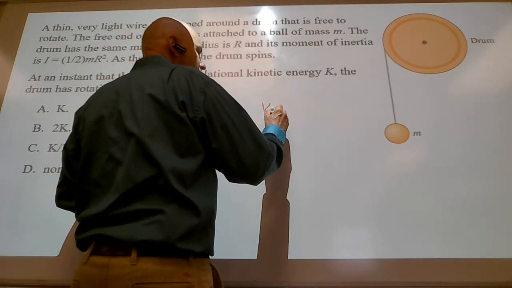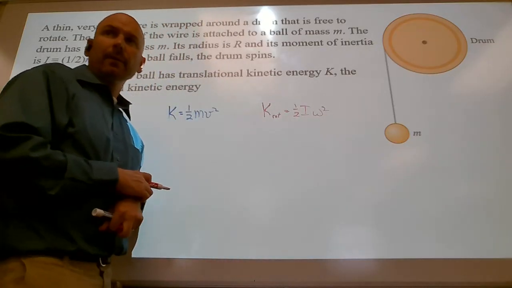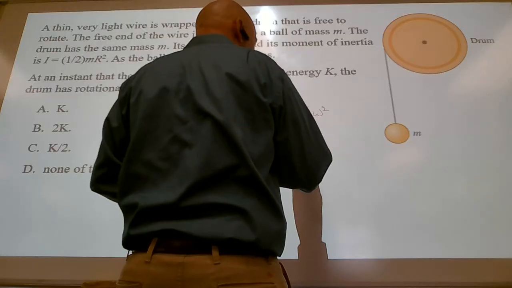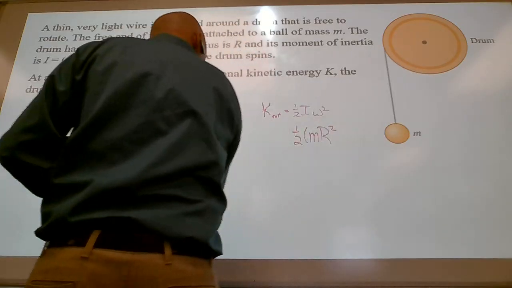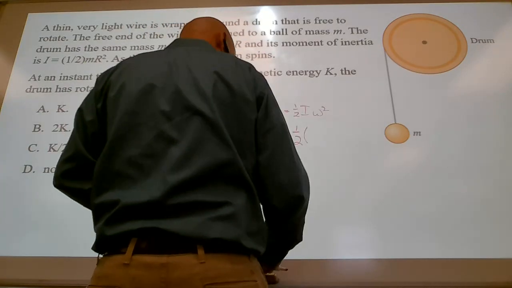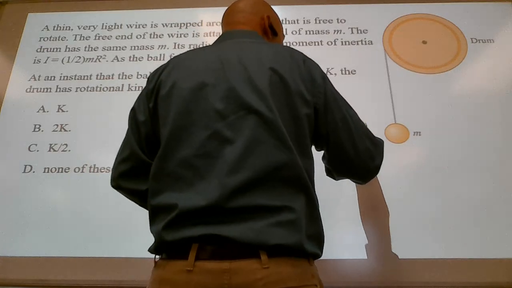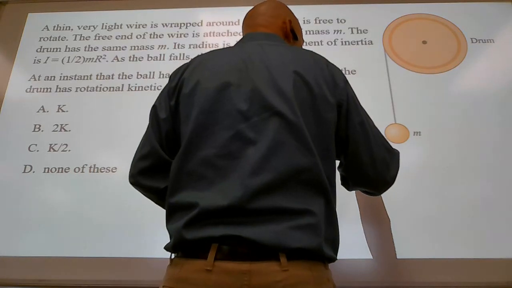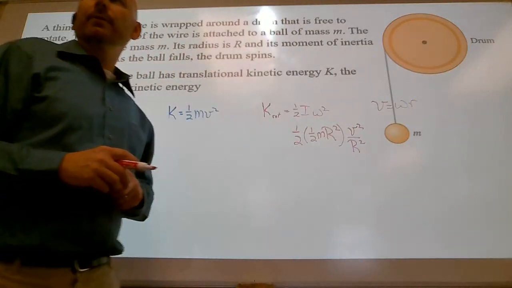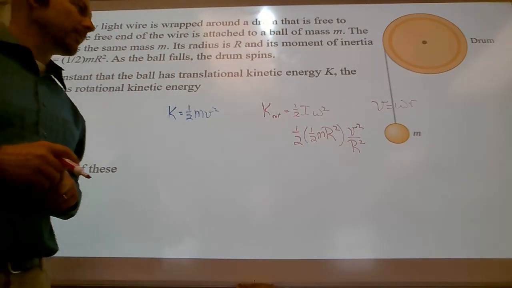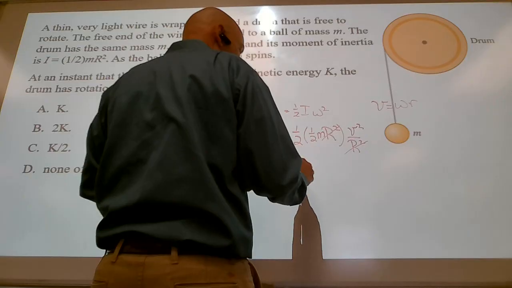So the drum is going to have rotational kinetic energy, 1/2 I omega squared. So 1/2 times 1/2 M R squared times speed squared over the radius squared, because speed is equal to rotational speed times the radius. So that knocks that out. So you end up with 1/2 times